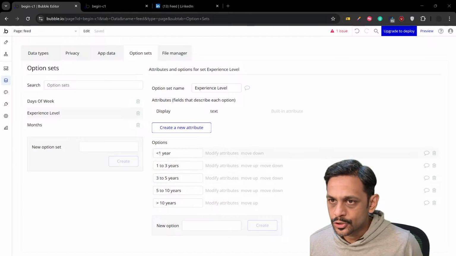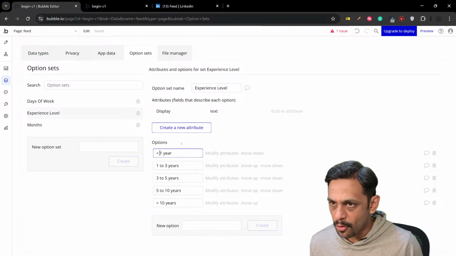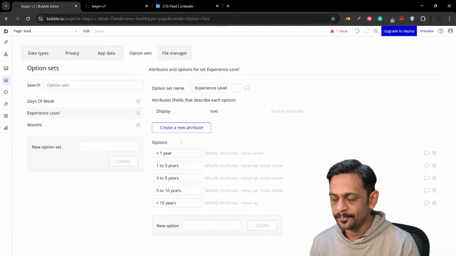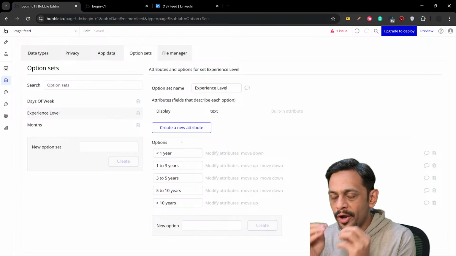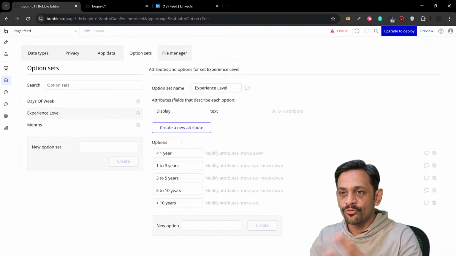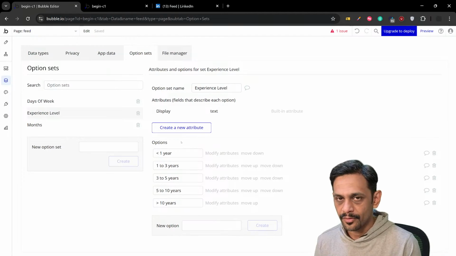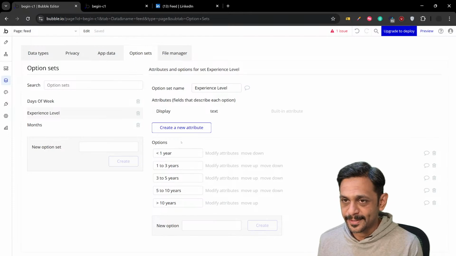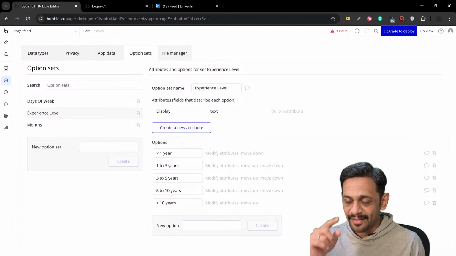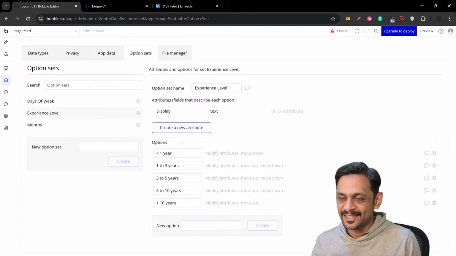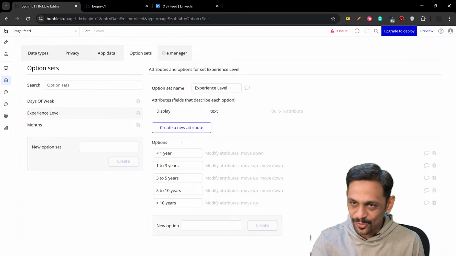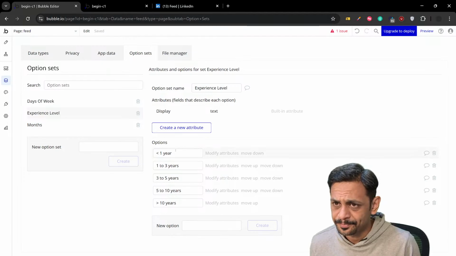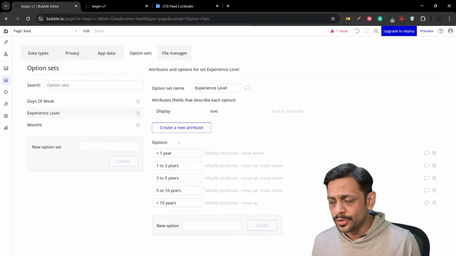Okay. So by creating these options and allowing the users to choose from one of these, you are avoiding users adding their own flavors. Less than 1 year can be written in so many different ways. I can write less than 1 year, I can use this particular format, I can also use